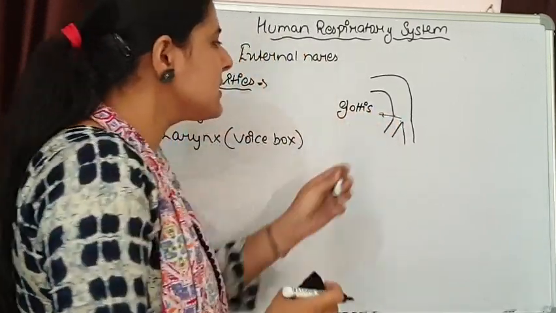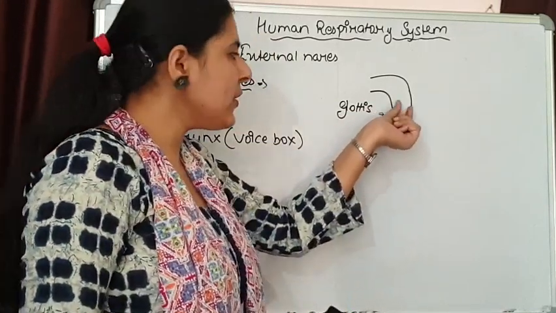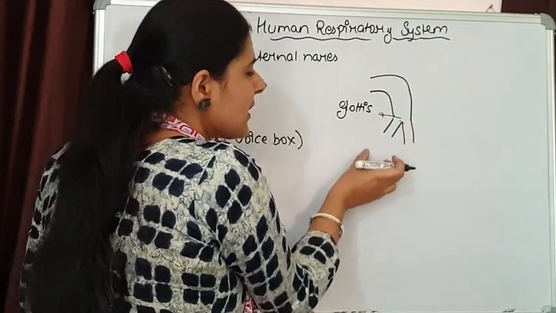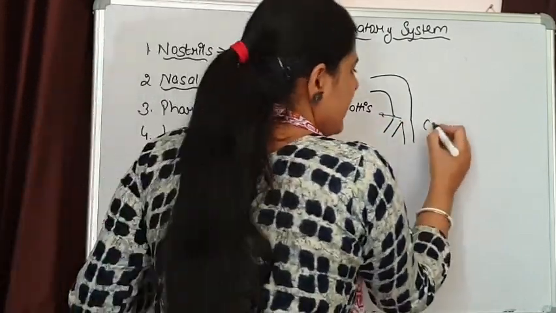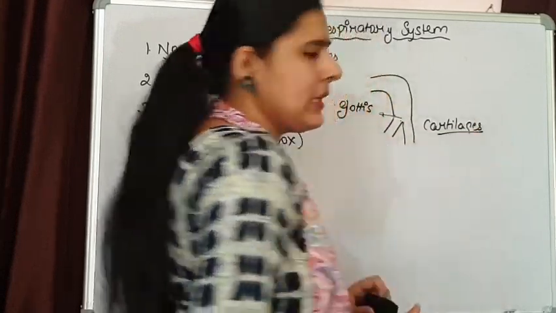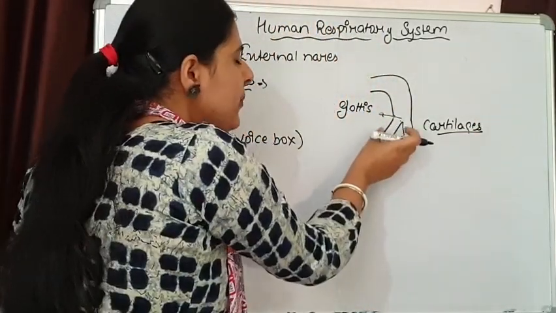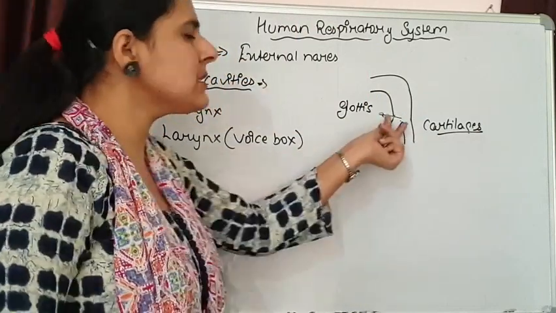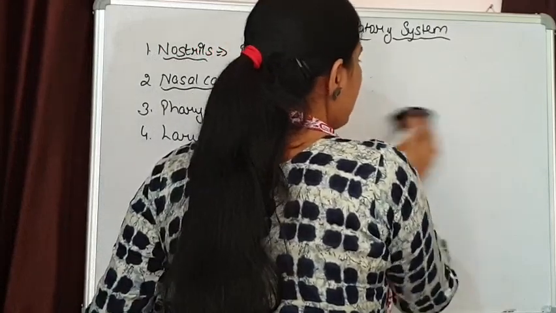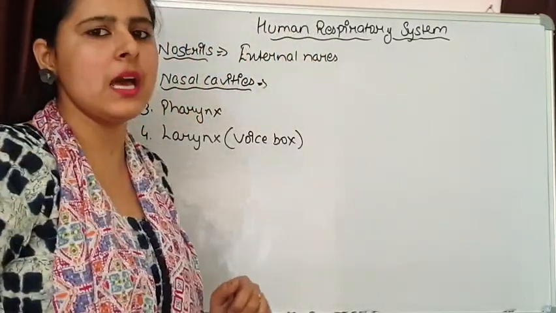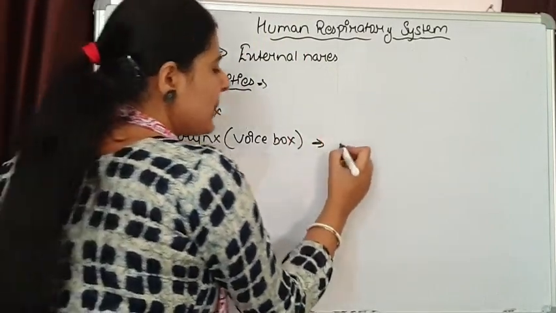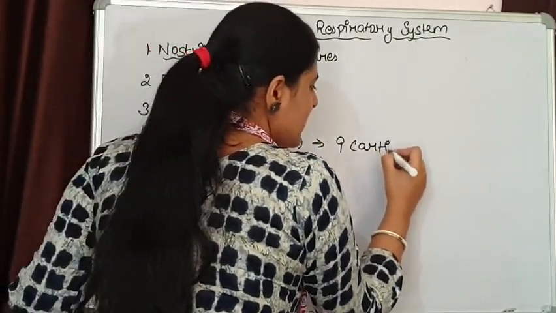So the glottis is that aperture from where the pharynx is leading into the trachea, and this whole structure is made up of cartilage. This is a whole cartilaginous structure. Now different types of cartilages are present in this larynx. We have to see how many types of cartilages are present and how these cartilages are arranged. If we count the total number of cartilages, basically 9 cartilages are present over here.